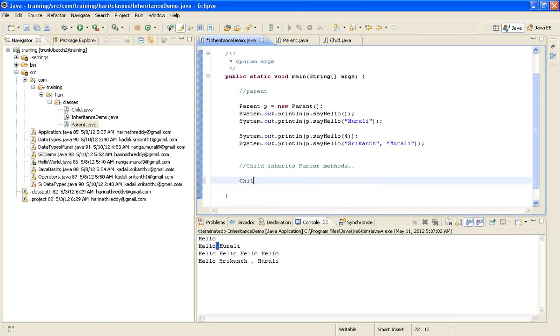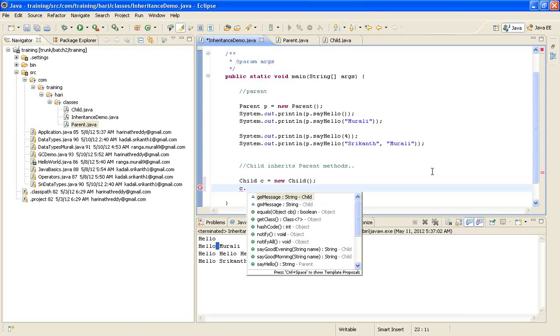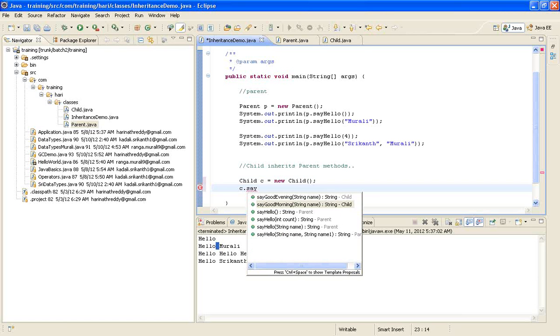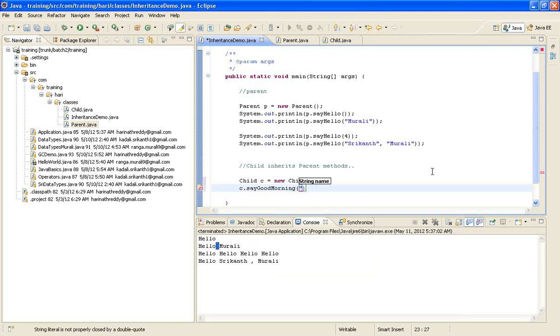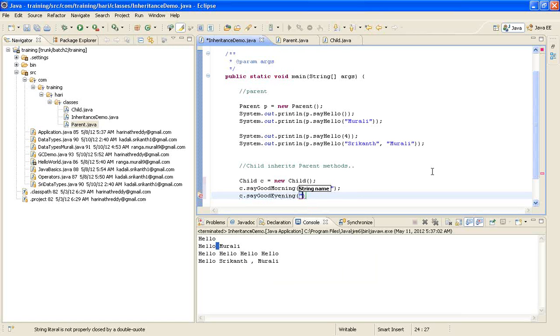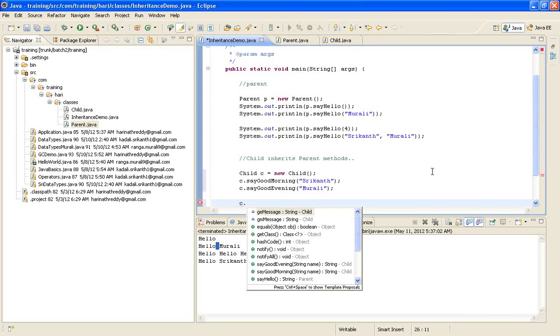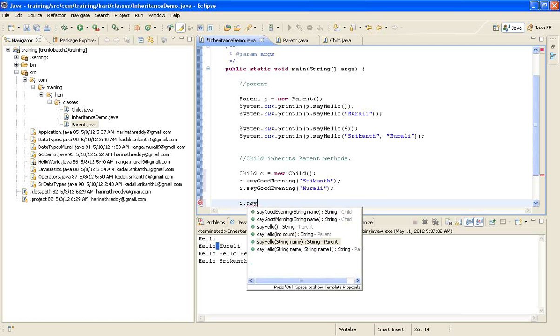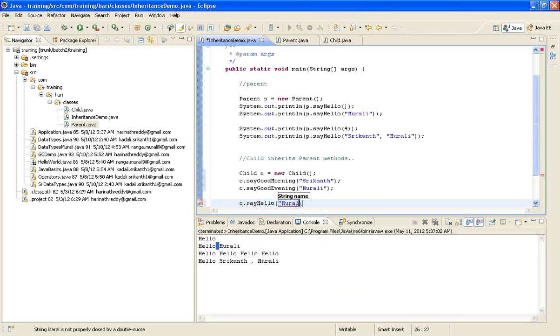I create a child c equal to new Child. Okay. Now c dot sayGoodMorning, and say Srikanth. Second, let's say c dot sayGoodEvening, and say maybe Murli. Okay. Now also I have c dot sayHello. See here, I have say